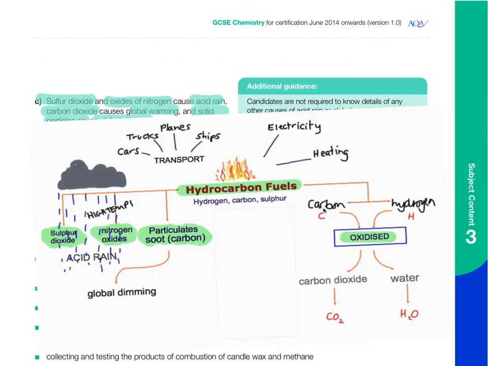The reactions of hydrocarbons can be summed up in this diagram here. So we take our hydrocarbon fuels, so our fuels that are made up of hydrogen and carbon that sometimes have a bit of sulfur in them. We need these hydrocarbon fuels for transport and also for electricity production and for heating our homes. And what happens when we burn them, when they're combusted, is that the carbon and the hydrogen are oxidized. They turn into carbon dioxide and water if it is complete combustion. If it's incomplete combustion, then we actually just get CO, carbon monoxide, instead of carbon dioxide,